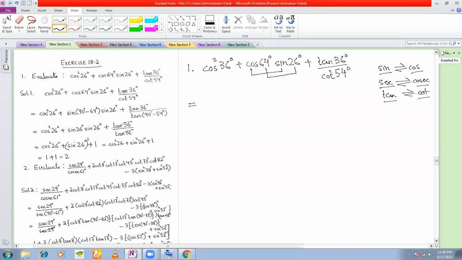64 plus 26 will give you 90°, right? Now, whenever you see the sum of the angles of sine, cos and sine to be 90°, you change one of them to cos or sine. Now, see, I already have a cos square here. So that is why I will change this to, not this. In fact, I will change this cos to sine. Now, see what happens if I change this cos to sine.